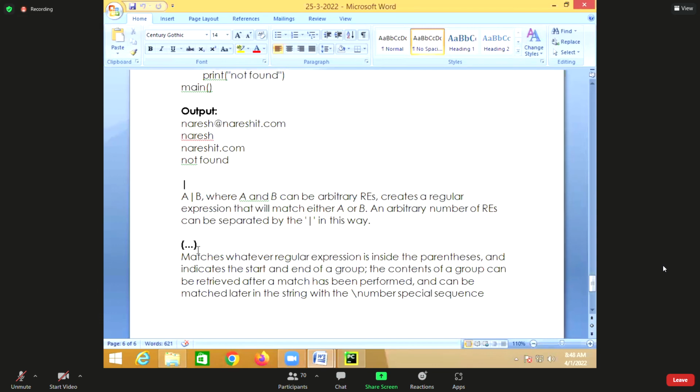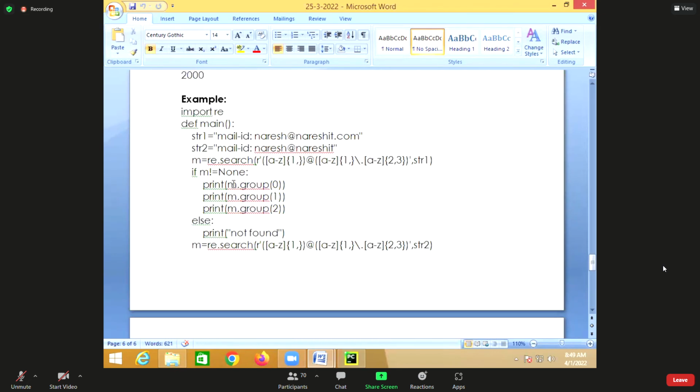And there is a dot. This parenthesis is actually used for grouping. Just now we grouped, right? Within parenthesis, you define one pattern or not? Yes.